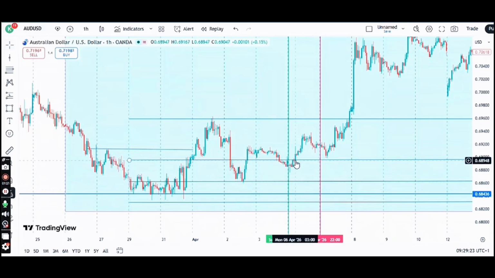So because of that, everything I'm going to show you in this particular chart is based on New York time. Okay, so first we are going to go down to 15 minutes time frame, because it is in 15 minutes time frame that we find out the right time to enter the market. Okay, so going down to 15 minutes,